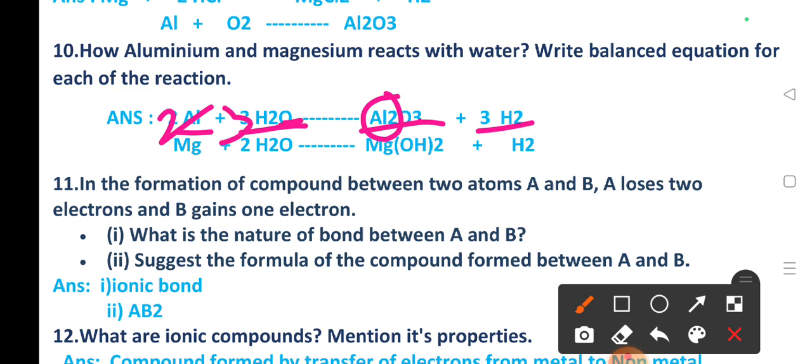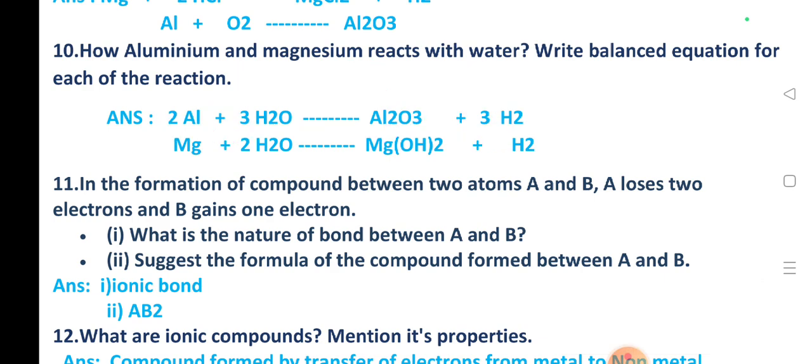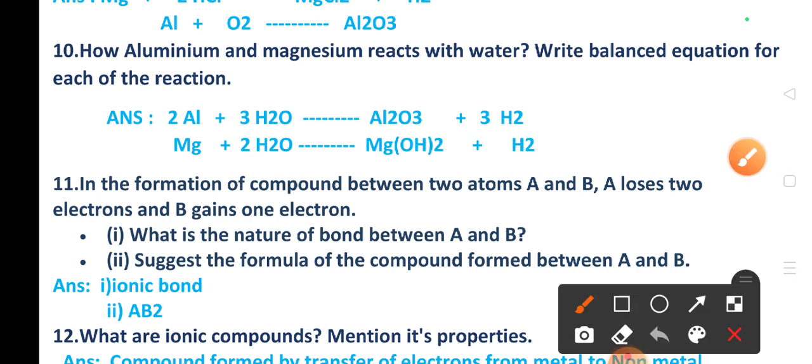If we take 3 here, aluminum oxide is balanced, but hydrogen is imbalanced. To balance that one, how many hydrogens are there? 3 times 2 is 6. Here also we take a 3. If we take a 3, the reaction is balanced. Same, magnesium reacts with water, it gives magnesium hydroxide with the liberation of hydrogen gas. Magnesium, here one is there, here also one is there. Oxygen and hydrogen: two oxygens and two hydrogens are there, and two hydrogens here, 2 plus 2, 4 hydrogens and two oxygens. To make a balance, we took 2 here, 2 twos are 4, 4 hydrogens finished,